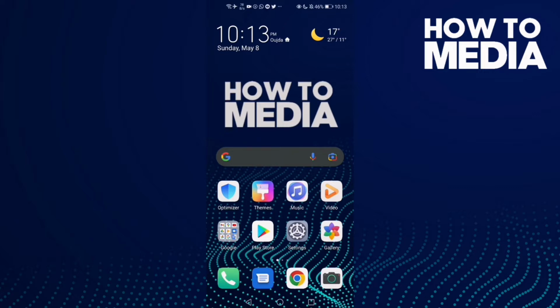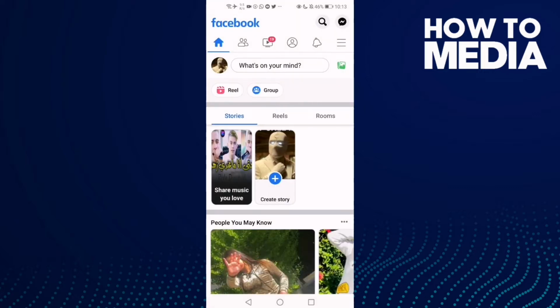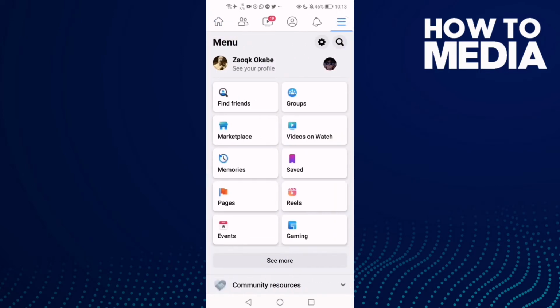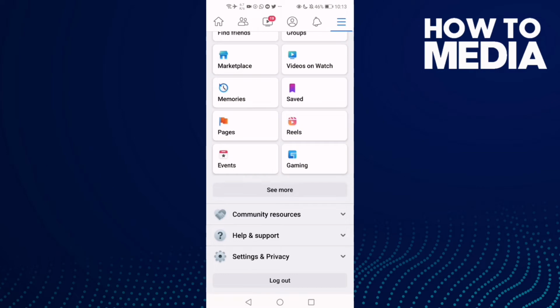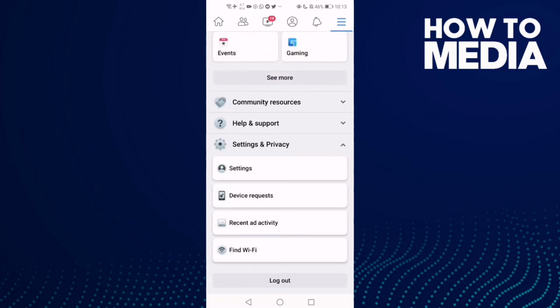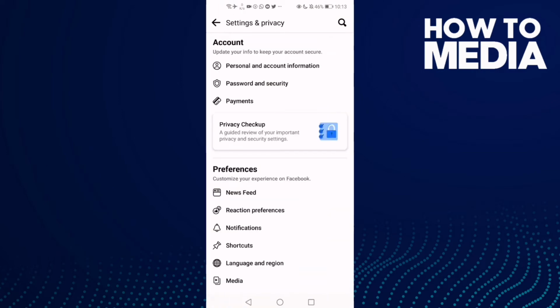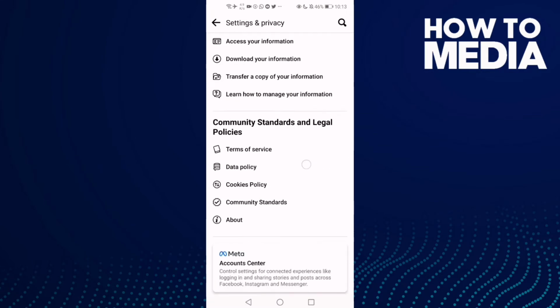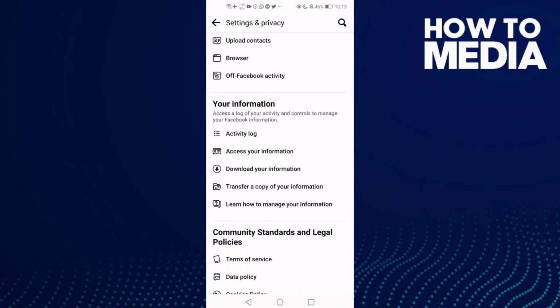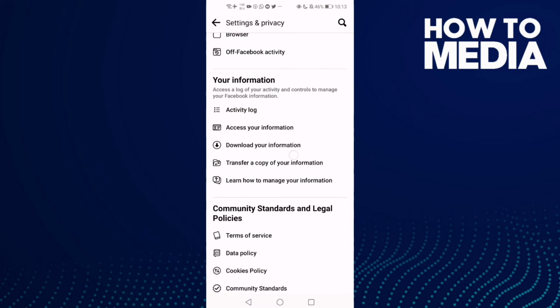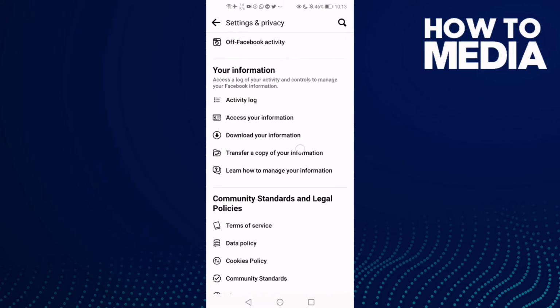First thing you're gonna do is go to Facebook, and then just click the three lines here in the top corner, and now go down, click settings and privacy, and then settings, and now just click this one, transfer a copy of your information,